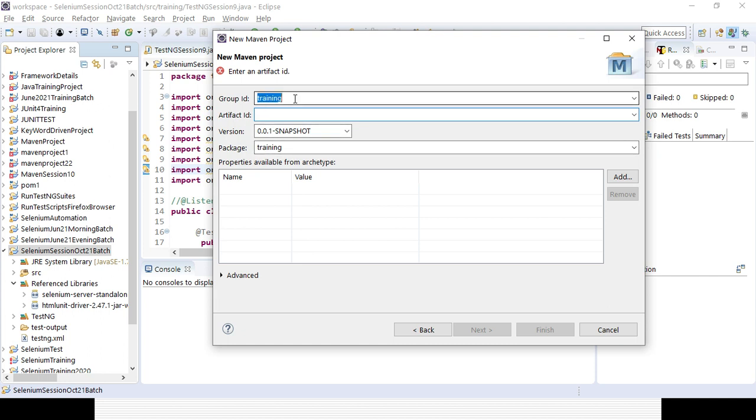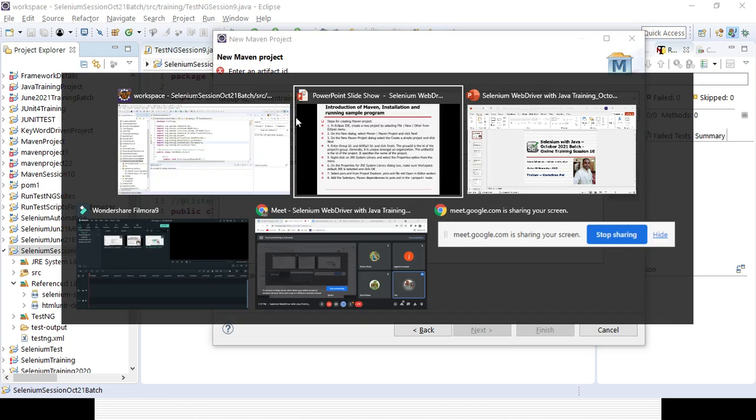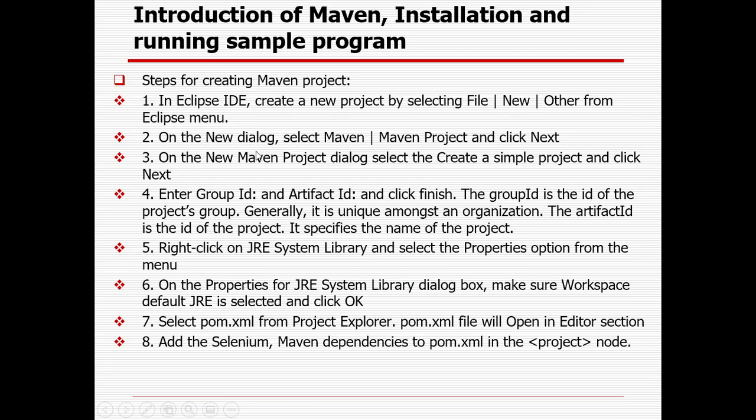Suppose I am giving it Maven training, and this is your group ID, so it will be specific to your company or organization. And artifact ID is the ID of the project. It specifies the name of the project.